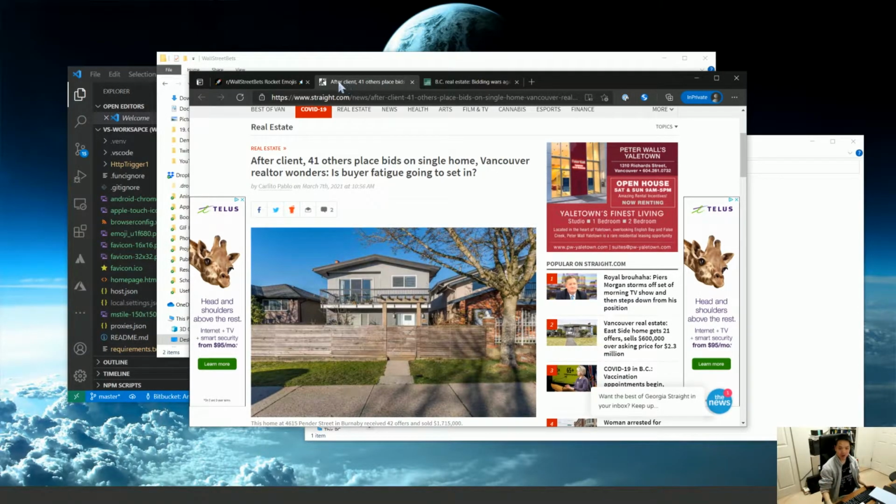And 41 bids, almost certainly this particular home was underpriced, so they put in an asking price lower than the market value to try and push up the number of bids, to then go to each bidder and say, you need to bid higher. There's 40 or 41 other people interested in this property.